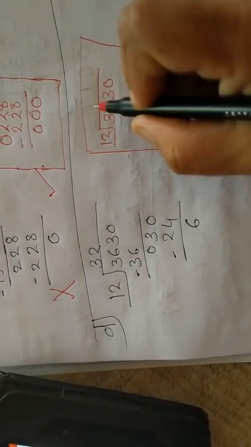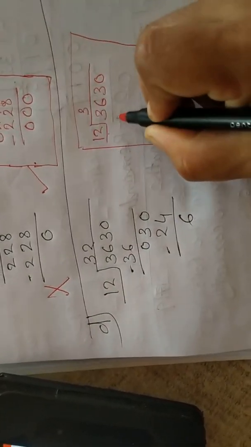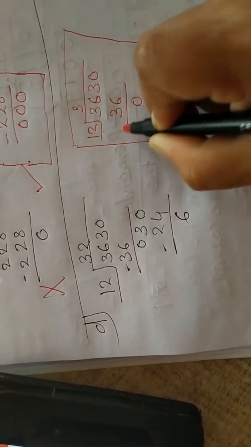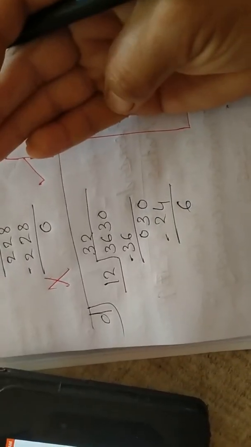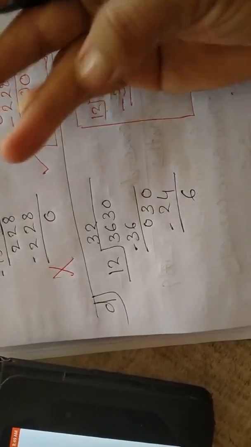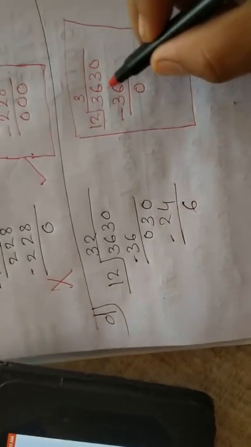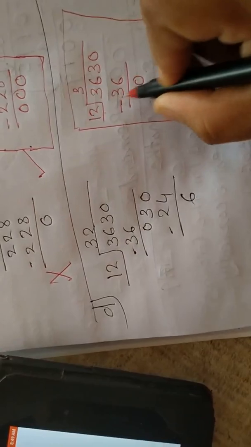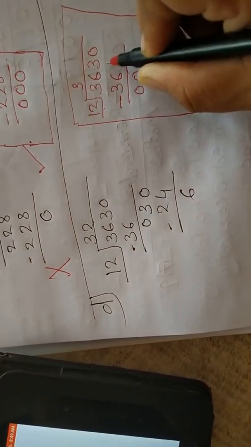So 12 threes are 36, 6 minus 6, 0, 6 on your finger, let's check that, 1, 2, 3, 4, 5, 6, cut 6, 1, 2, 3, 4, 5 and 6, so 6 minus 6, 0, 3 minus 3, 3 on your finger, cut 3, 1, 2 and 3, so 3 minus 3, 0. Now we bring down here 3,